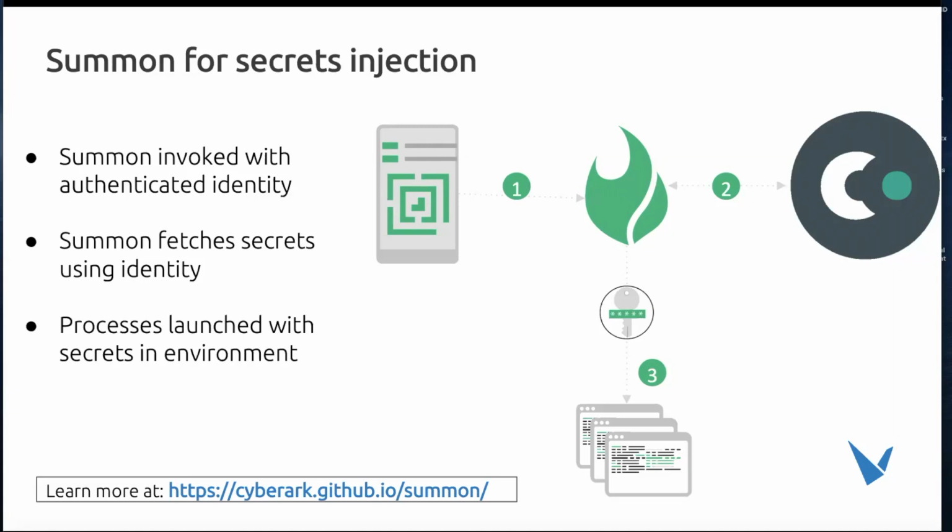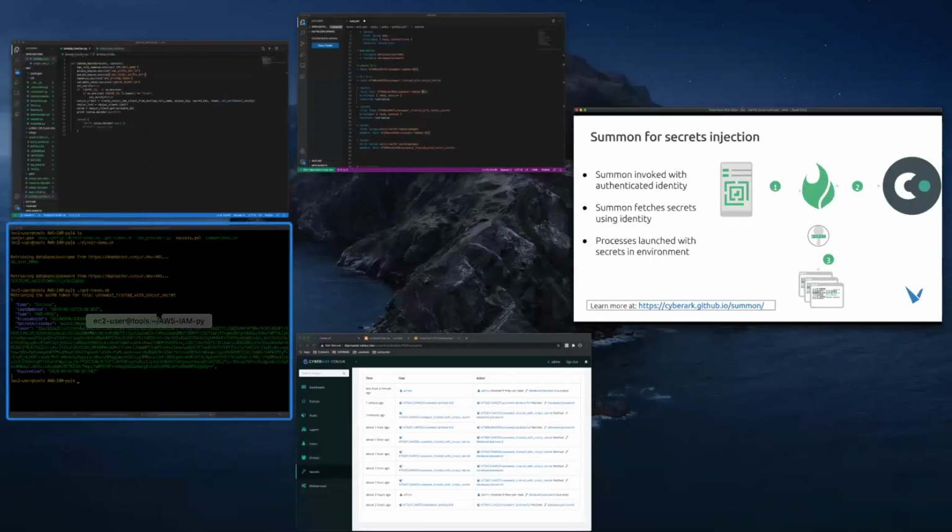So if we're doing work on the command line, a lot of times what we want to do is set a username and password as an environment variable, and we will use that in various scripts. What Summon does is it plays the middleman. Summon will go to Conjur based on a very simple YAML configuration file, retrieve credentials that we need, and set them as environment variables for us. So let's do a very quick demonstration of Summon over on